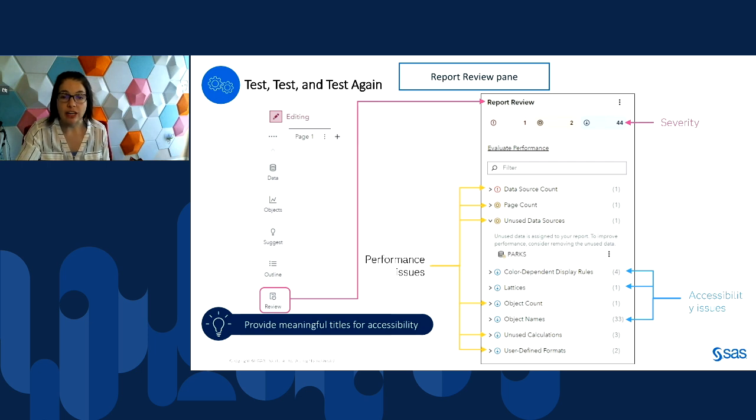As you can see, for each of these items, it provides a description issue, and then it might even provide details or actions for you to fix it right from the review pane. So again, it's always best to provide meaningful titles for all of your objects for accessibility. And that is one of the things that will be pointed out on the report review pane.